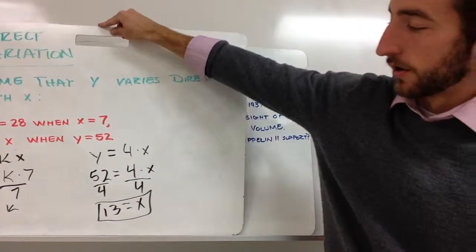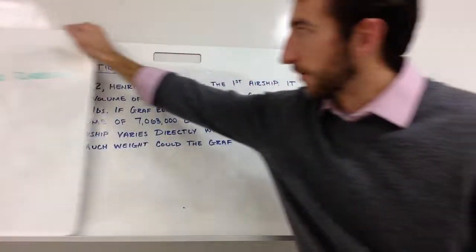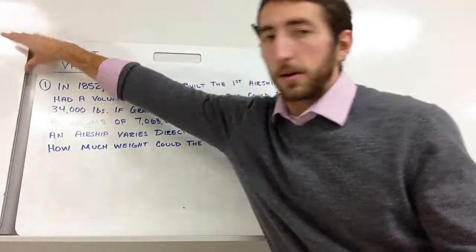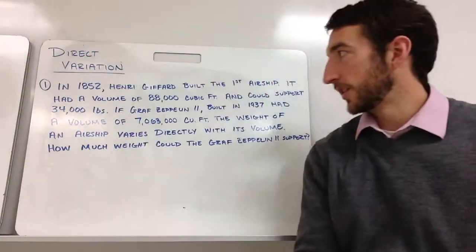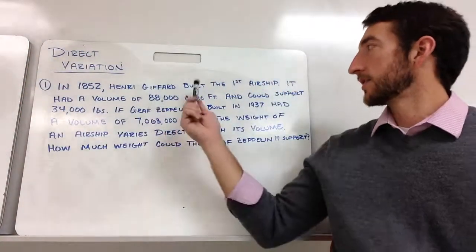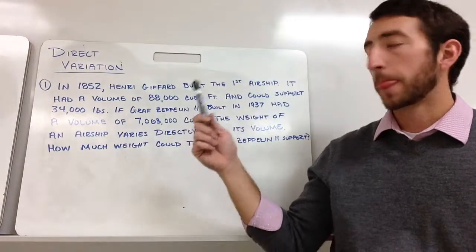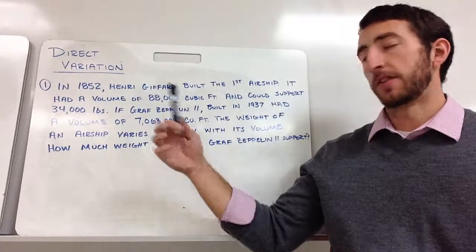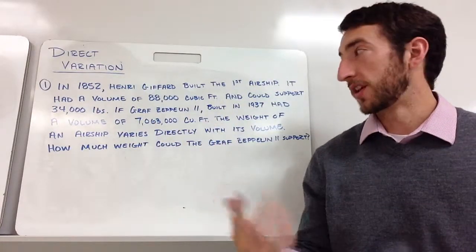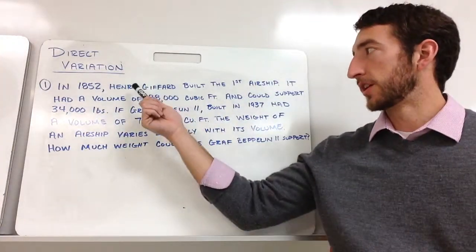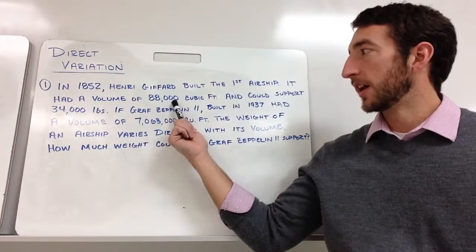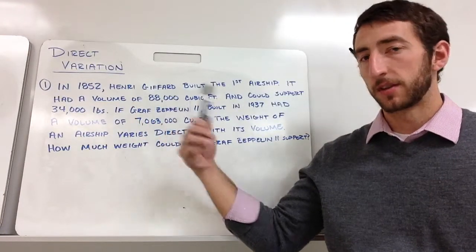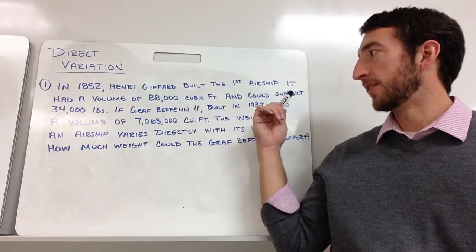Now on to your favorite part of all math classes, the word problem. All right, so in this word problem, we've got these airships that are kind of like blimps, and they have a certain volume. The bigger they are, the more they can hold. So the first one that was built in 1852, it was 88,000 cubic feet. That's what the volume was. And so then if it was that big, it could